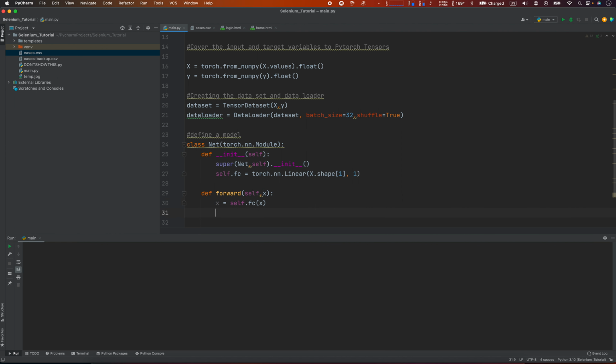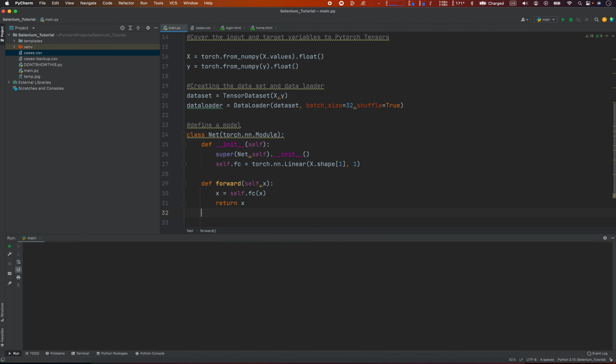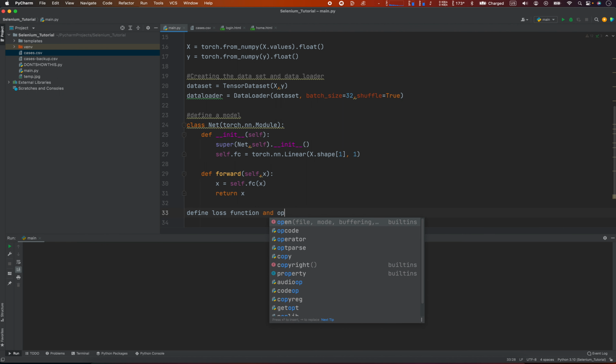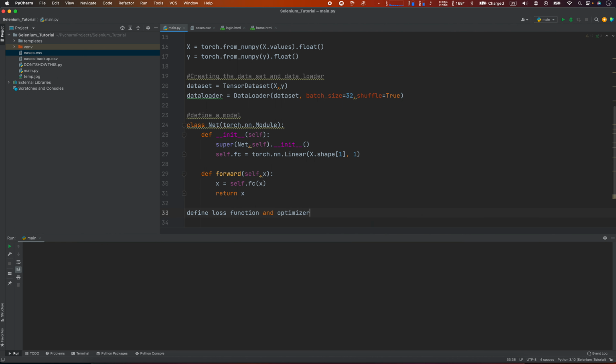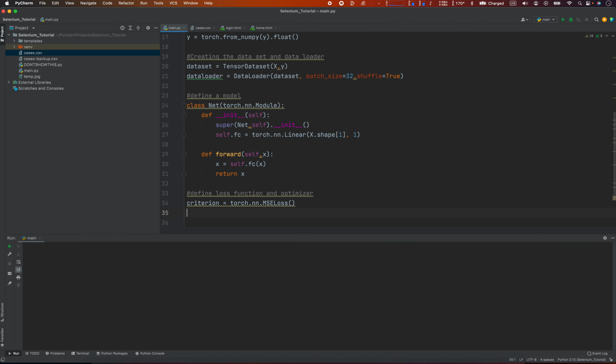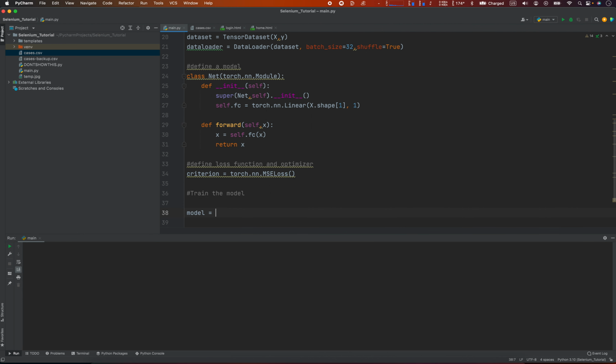We're going to return x. And now we're going to define the loss function and optimizer. Criterion equals torch.nn.MSELoss. I'm going to train the model. Model equals Net,